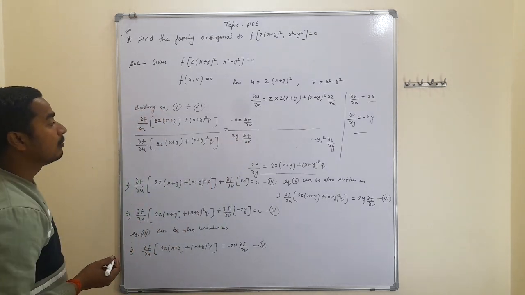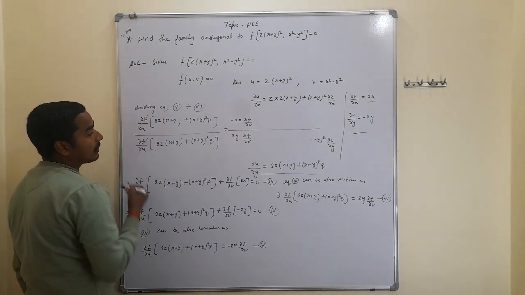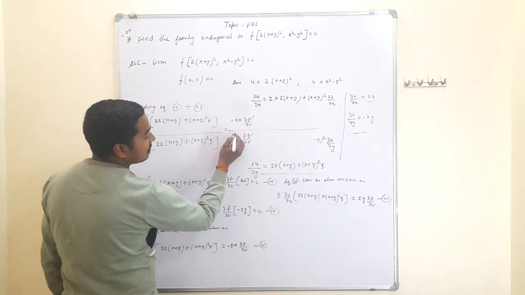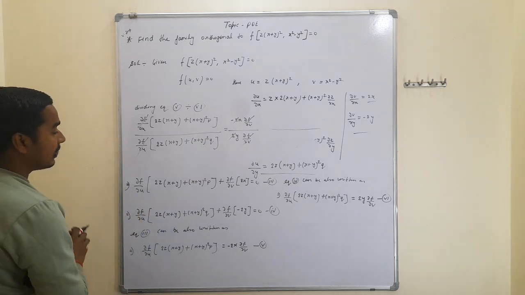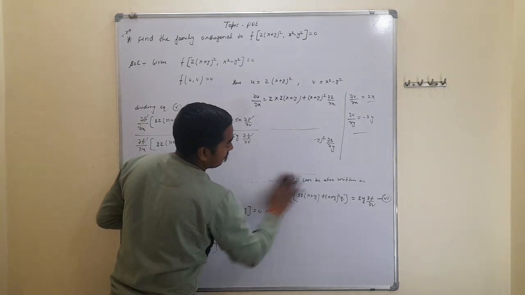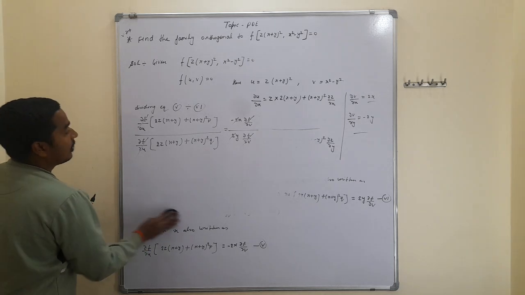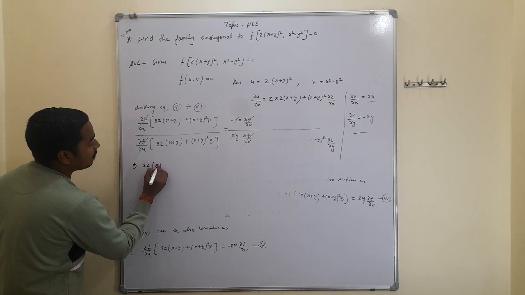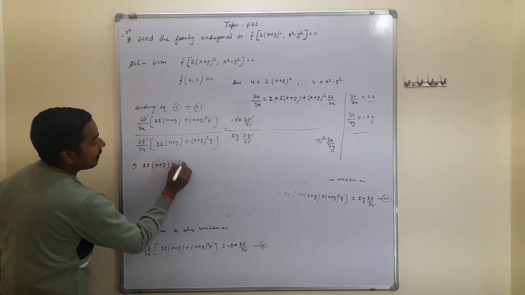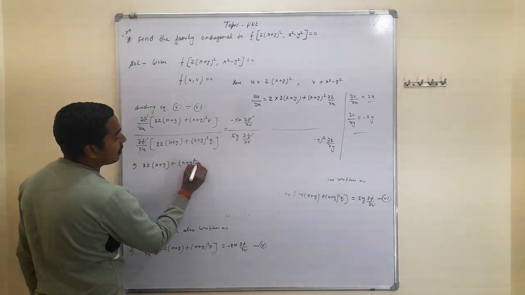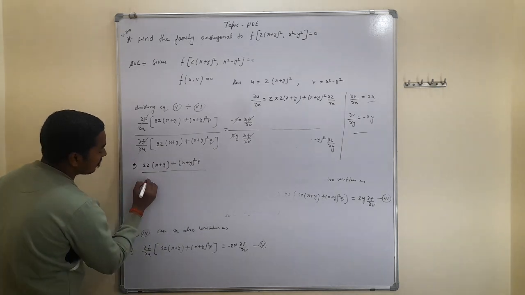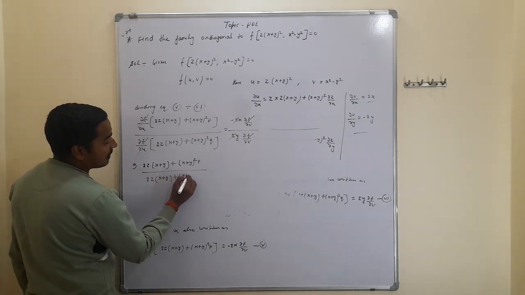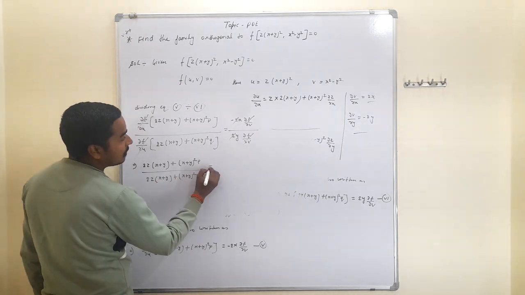And from here, del f upon del u cancels out, del f upon del v also cancels out, and 2 to 2 also cancels out, and the remaining is 2z into (x plus y) plus (x plus y) whole square into p upon 2z into (x plus y) plus (x plus y) whole square into q is equal to